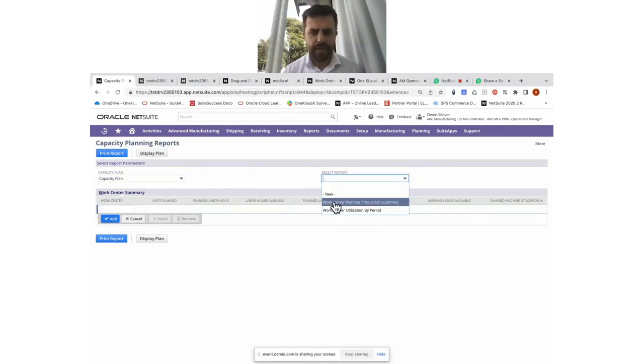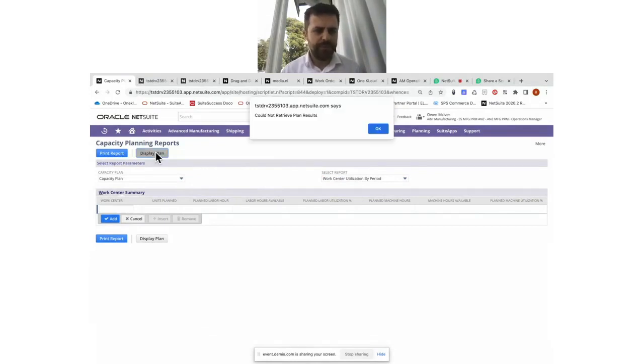So you can either do it by production summary, which will show you the total period that you're running it for, or you can have it split up by individual periods. I remember when I ran it by weeks, so you can do either weeks or months in the capacity planning solution. So if we display the report,